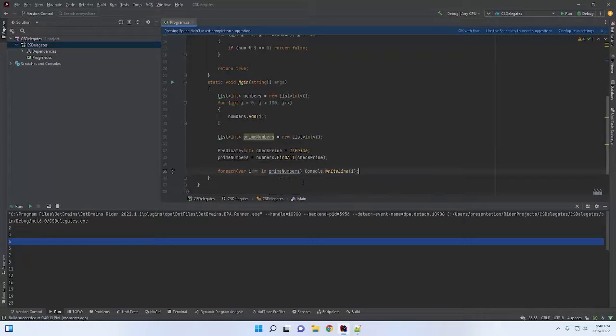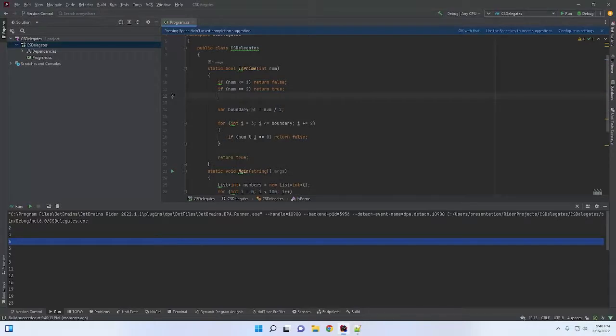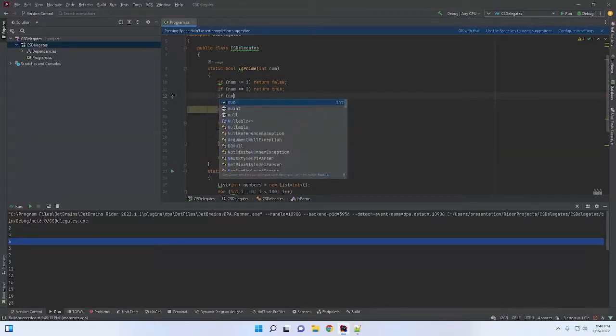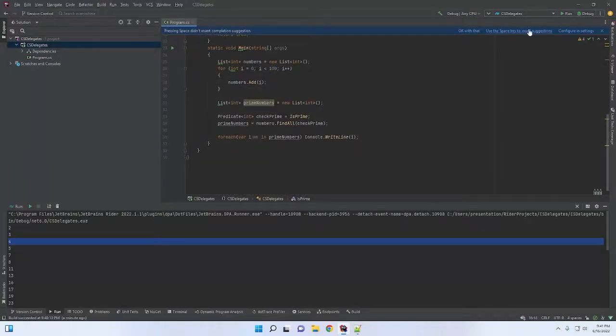And my error is probably up here. So I have, if it is that, oh, I forgot one other line. If the number is even, num mod 2 is equal to 0, return false. So if it is an even number, I need to return false. I thought I had written that, but I must have skipped that. The reason why this is not triggering on that is it's checking all the odd numbers, and we're just skipping over the even values. So now if we run this,